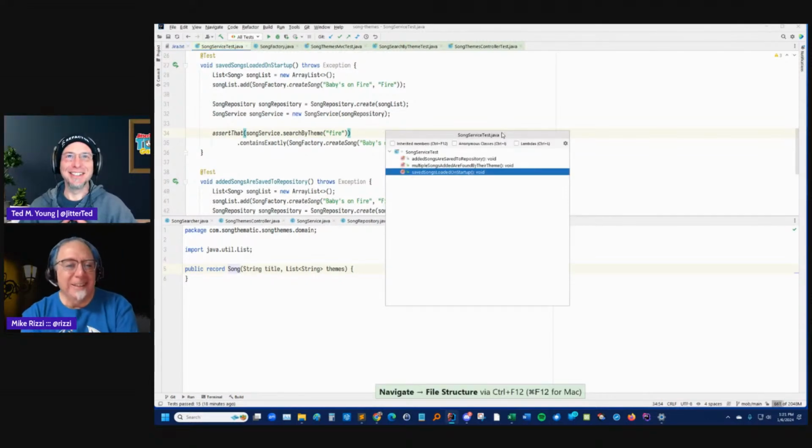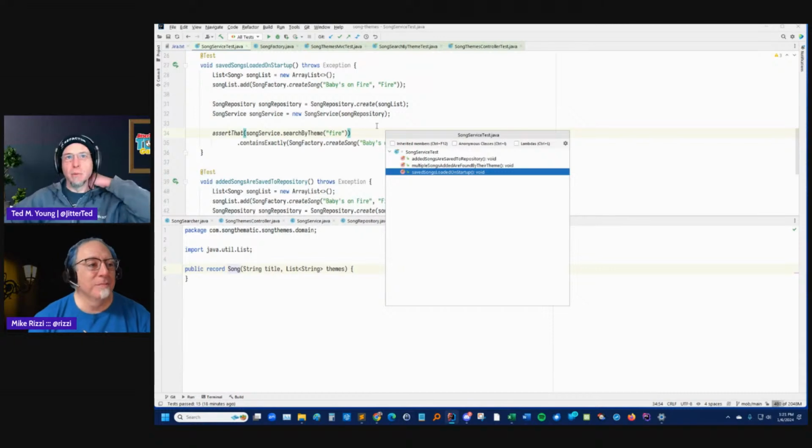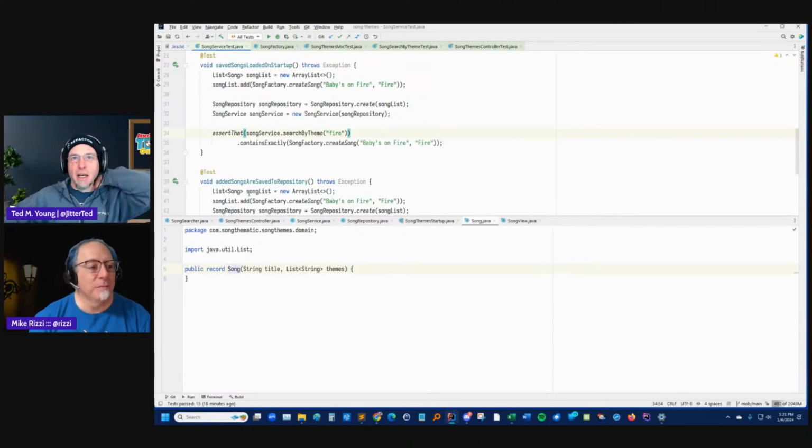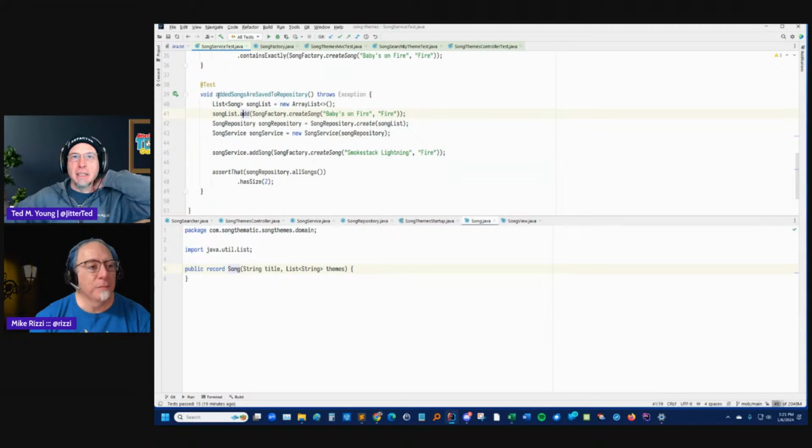Okay, yeah. I mean, there's only the three, and we want the added songs. So we're basically there on line 41 on the top. So we're basically saying to the factory. So that one really, it's 45 where we're actually adding the song. Right. And so I think